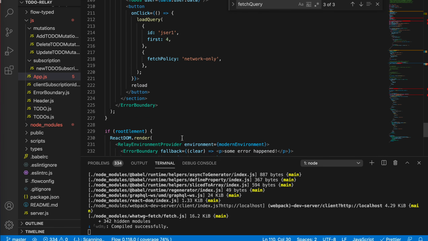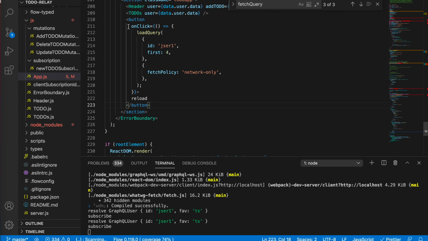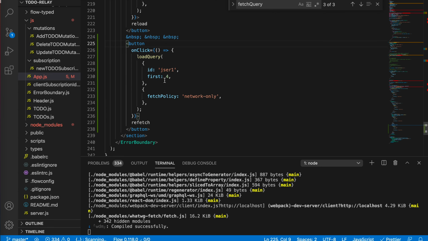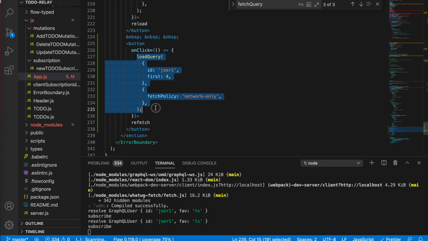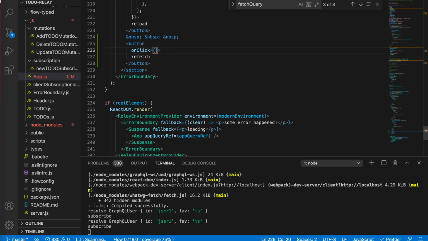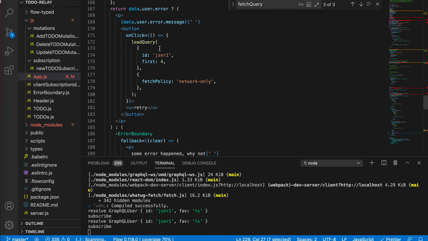Okay. And we also add a new button. Let's call it refetch. And let's add some space here. This is not good, we should not use this, but it's just for demo purposes. So on click, we just call refetch. In this refetch function,